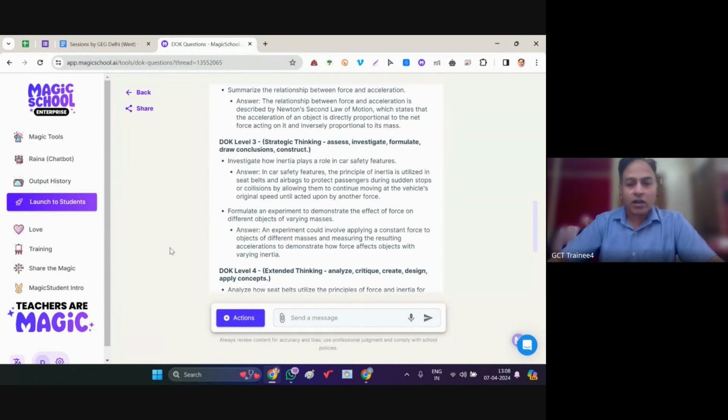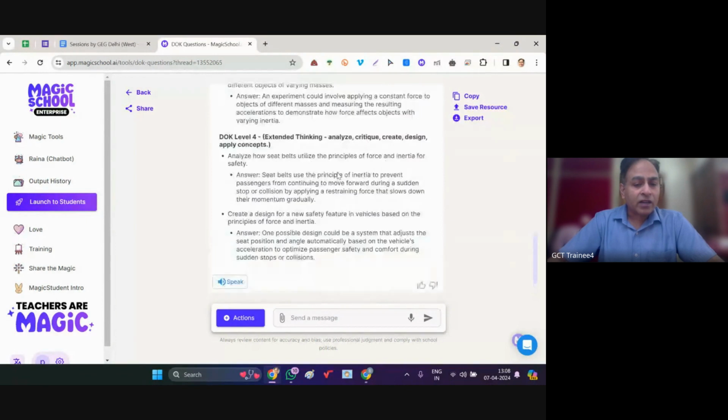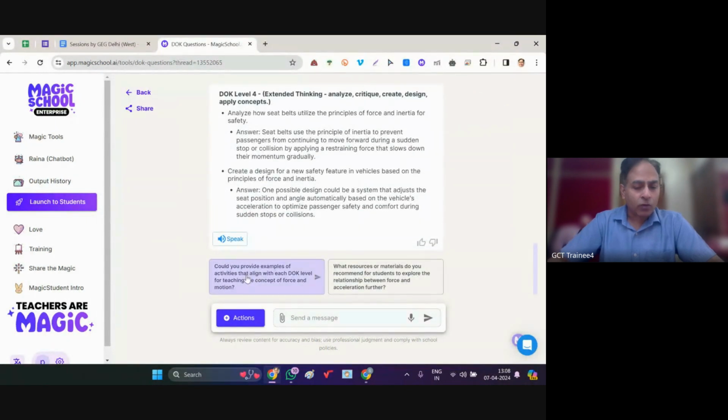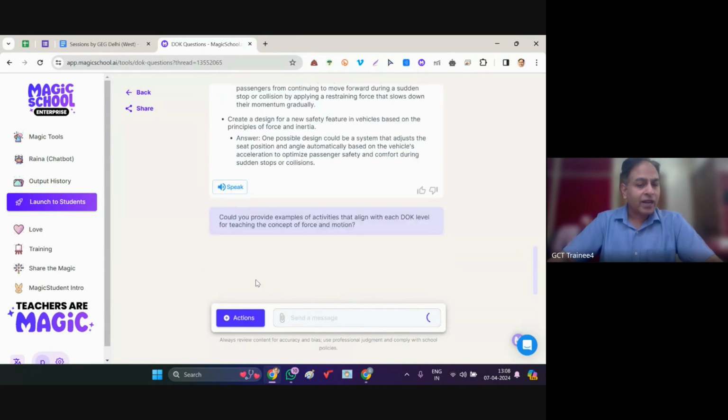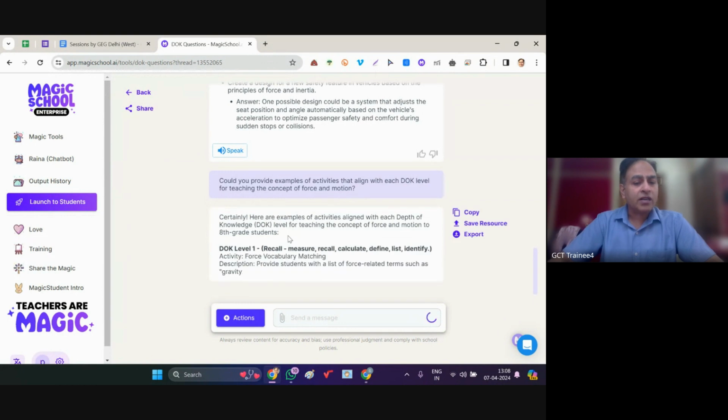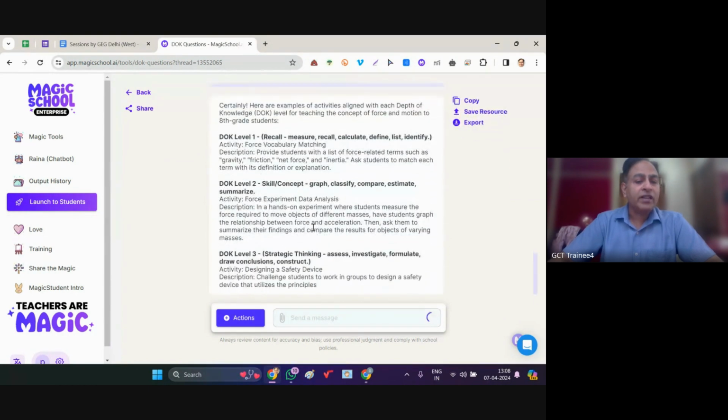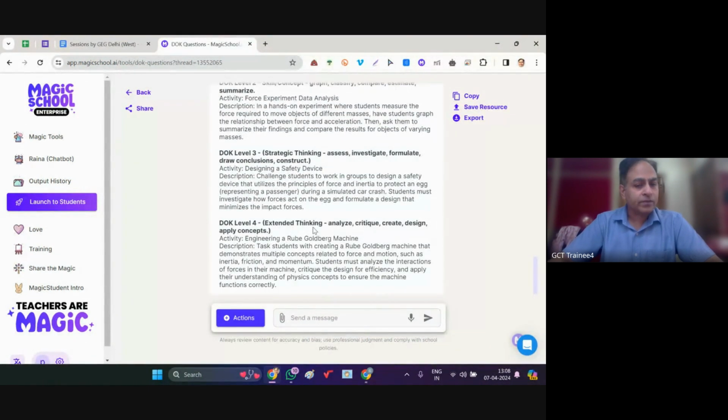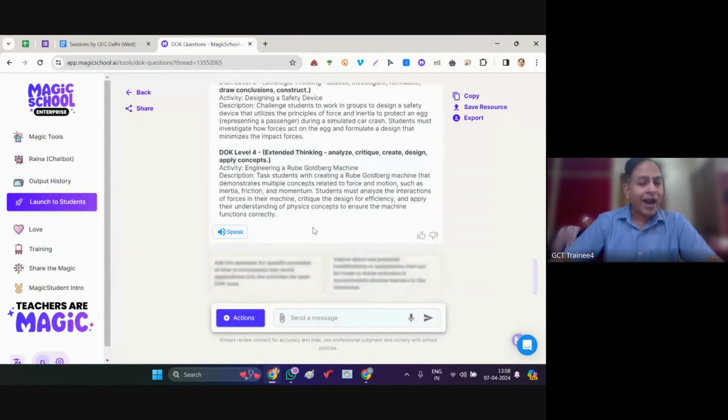So please do not trust the AI blindly. Take the ideas from that, and definitely you can always ask questions related to this. When I go down, you will see, could you provide examples of activities that align with each DOK level? When I click on it, it will now start generating the various different ideas. So whatever are feasible and practical in your own school situation, you can simply copy that, or you can always